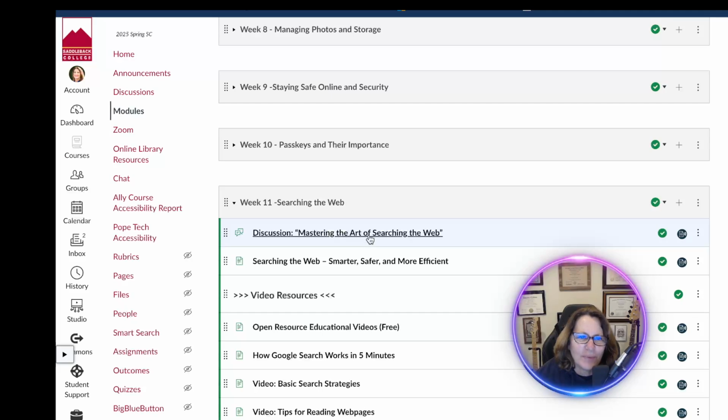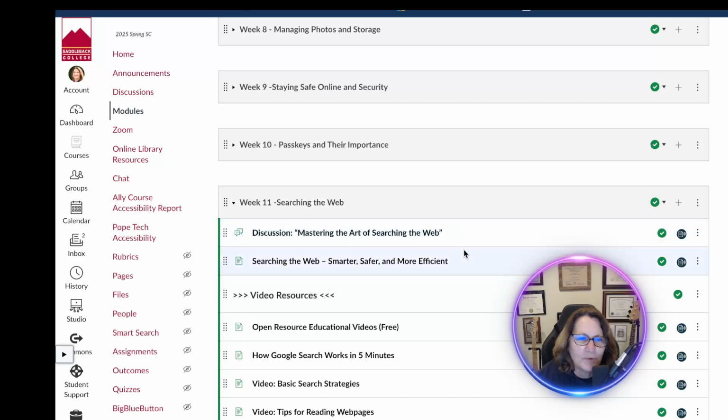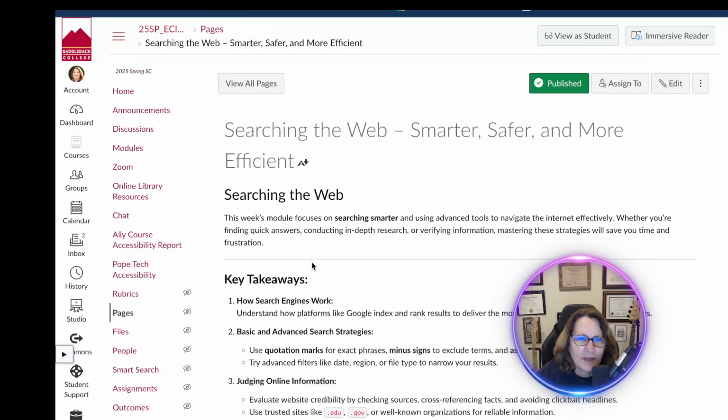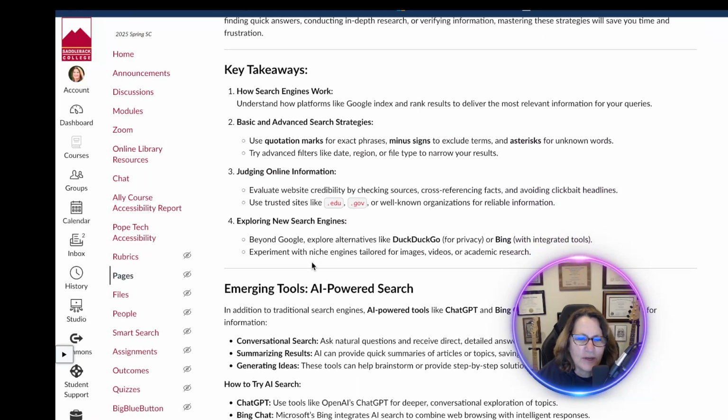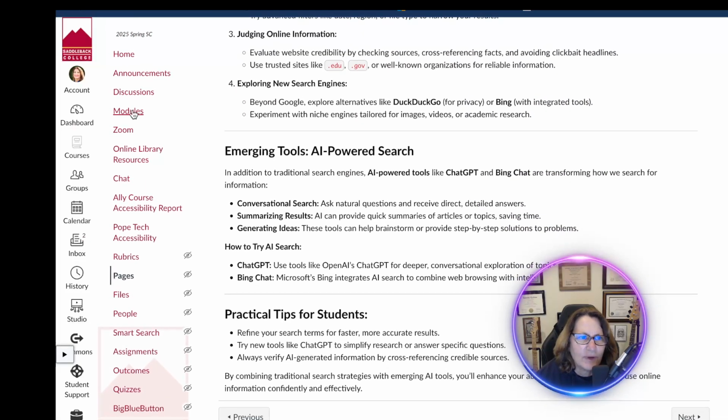There's a discussion about mastering the art of searching the web, so I'd love for you to go on that discussion and talk about the way that you like to do your searching or any issues that you have, or maybe hints for the rest of the class, which would be great. And then there's some ways in this module about how to search the web and some key takeaways. And then a lot of the rest of the module